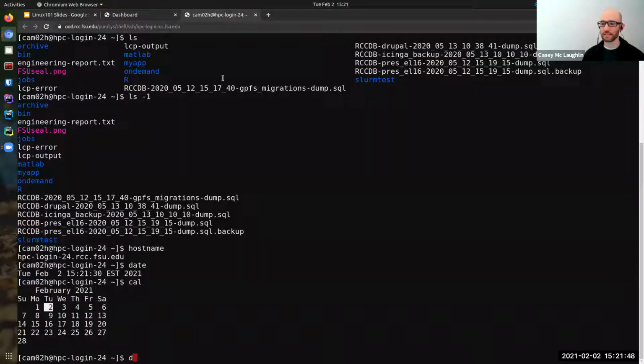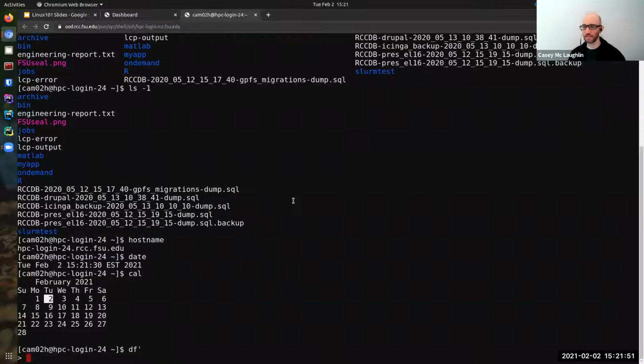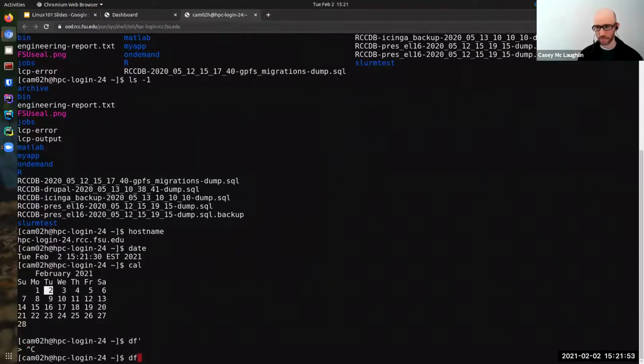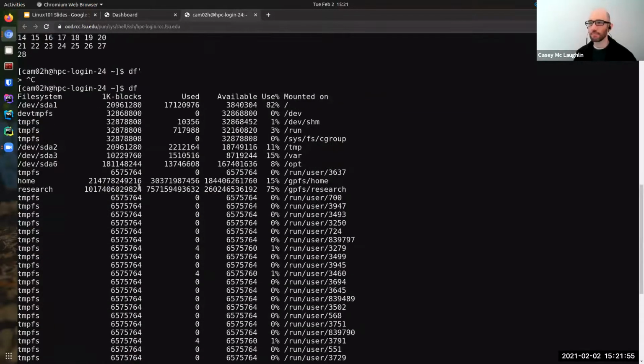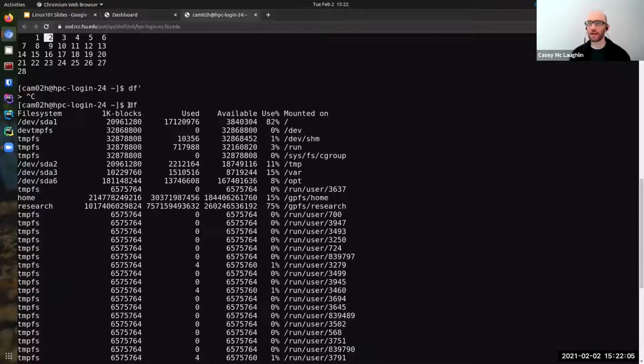df, okay, this is an interesting one. It prints out, in this weird hieroglyphics, how much storage is used and available on your system. And when you scroll back up to the top in your terminal emulator, you can see hints at what it does.